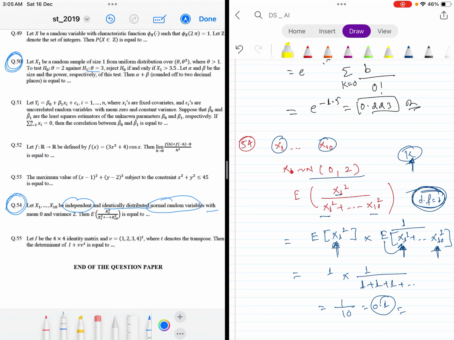And don't get confused with this notation, right? Here we have given 1 and 2, so these are not the degrees of freedom. Each is a chi-square distribution with degree of freedom 1, and the expected value of a chi-square distribution is k, that is the number of degrees of freedom, right? So 1 divided by 10, that is 0.1. So the correct answer for this is 0.1,